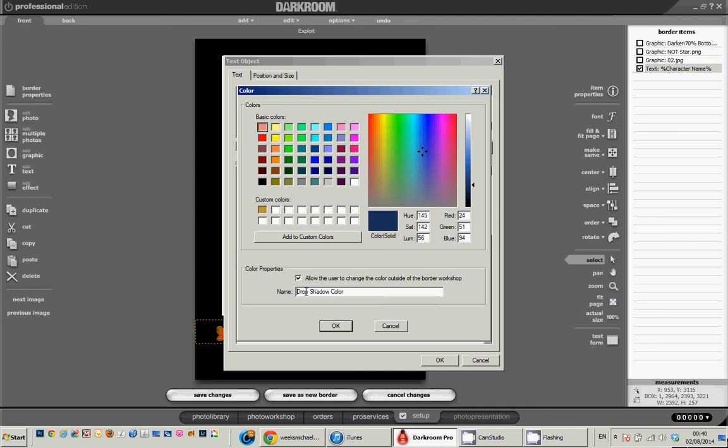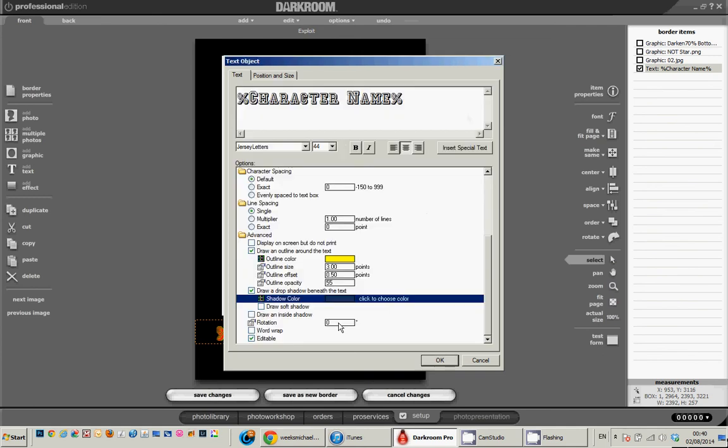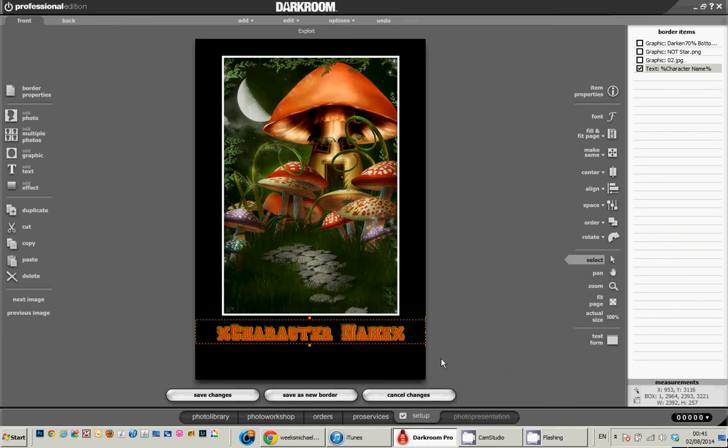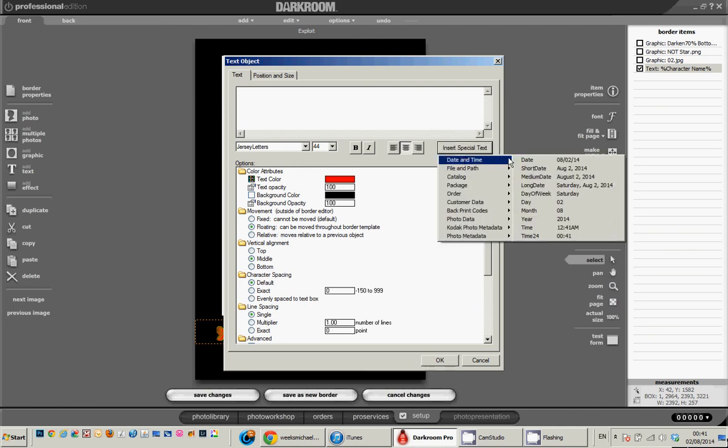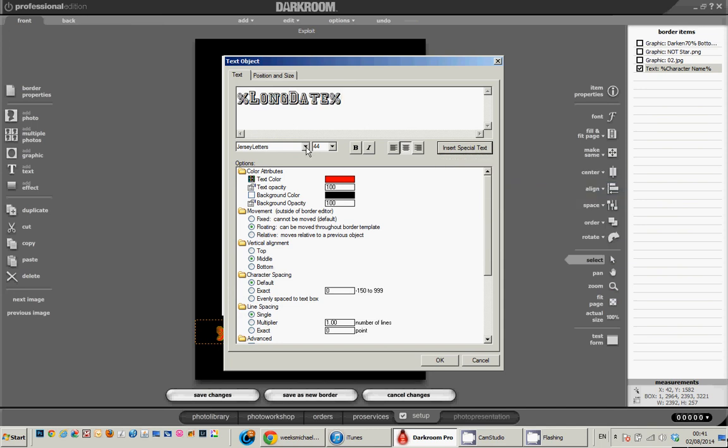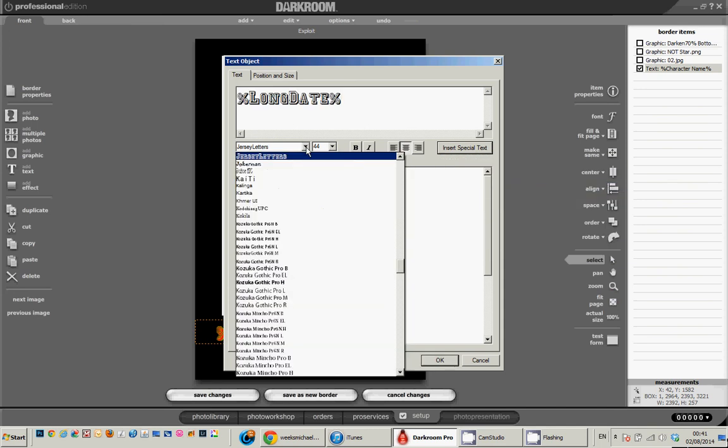So we've got lots of variations of that. Click OK. That's one form of text, so we've chosen what we want to put in by putting a variable in. I could also add text, and just as an example, I'm going to put special text in there, maybe the date and time, and we'll just use the long date, and we'll change the font just because we can